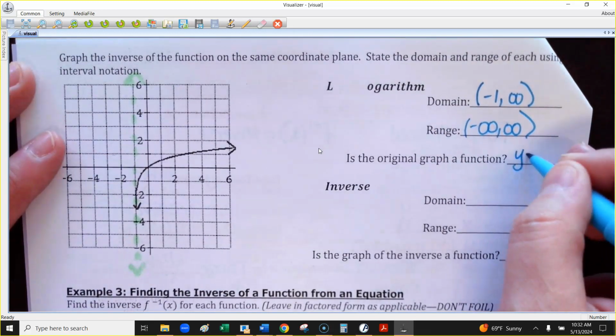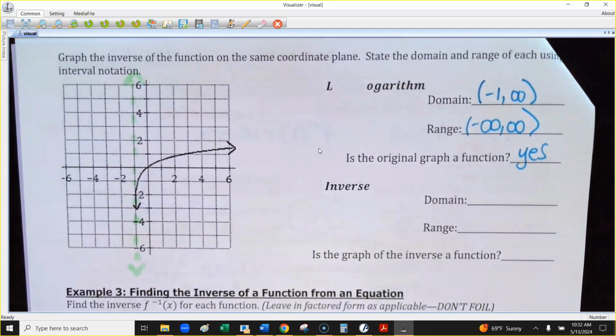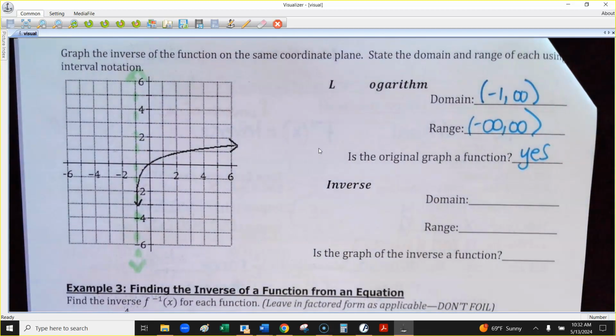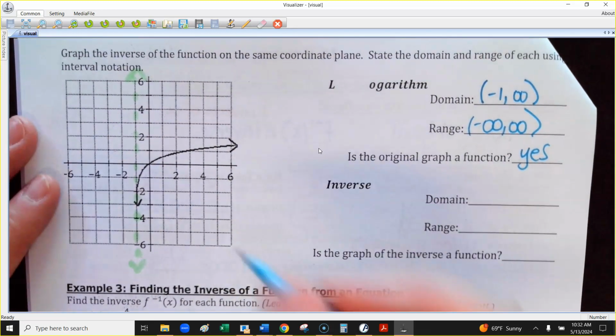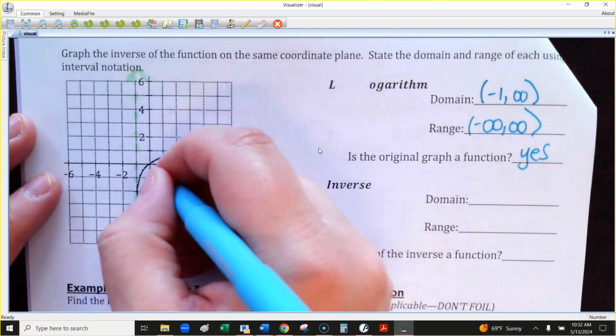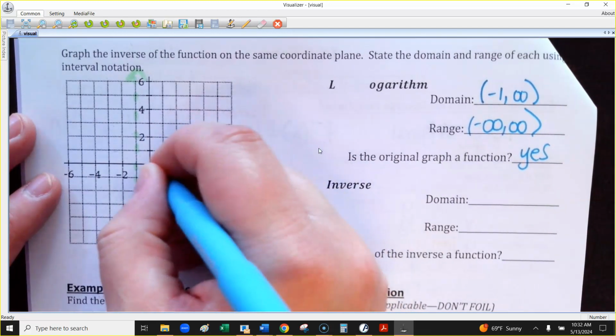So this is a function. It would pass the vertical line test. That little curve does not ever become vertical. It gets really close, but not quite. So that is a function. It would pass the vertical line test. And then I would do the same thing we just did on the last graph to grab the inverse. So I'm just going to grab a couple of points here and see if I can get,